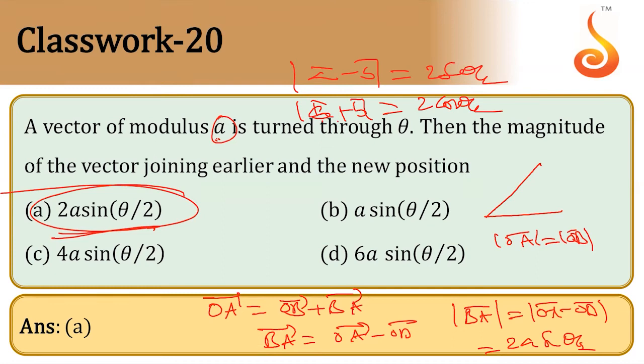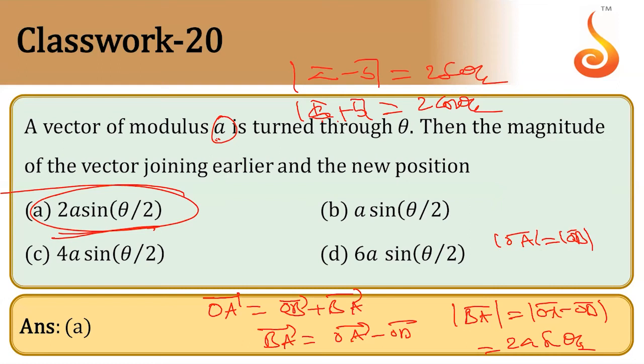Okay. The magnitude of the vector joining means the modulus of OAB also. You can take that, fine. The same answer comes. Modulus of AB also doesn't matter. AB is the original vector, and we can take the BA bar vector. Both will be the same anyhow. You are finding the length, na? Both will be same only. Okay, that is the answer here.